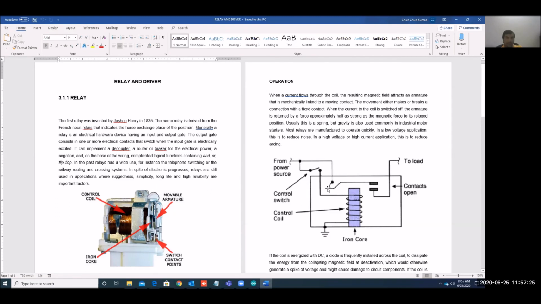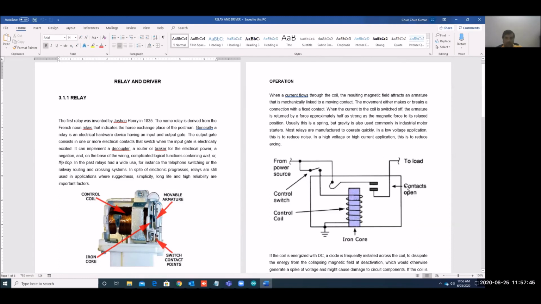Okay, and still we are using this relay in various applications, like to turn the motor on and off, to turn the lights on and off, to turn a buzzer on and off, and other things, and so on. So we have so many applications with the relay. Okay, it is also a very important part in any project.